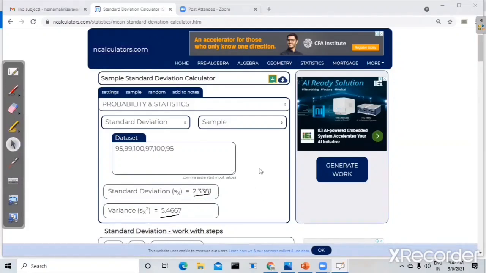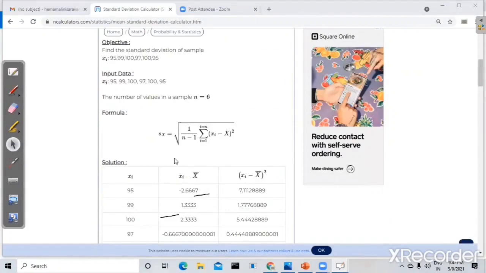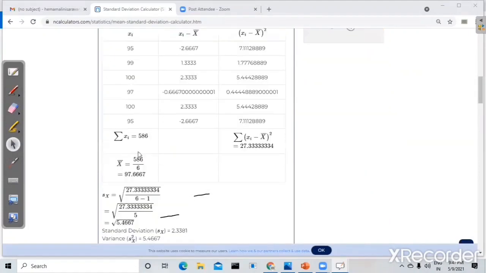So this is the formula, and if we see, our mean is 97.6, and each value is not far away from this mean. The 93, 99, 100, all these values are closer to the mean value, so we get a low standard deviation value. If each value is closer to the mean value, we get a low standard deviation. If the values are far away, then we get higher standard deviation values. This is our observation from the standard deviation and variance calculation.